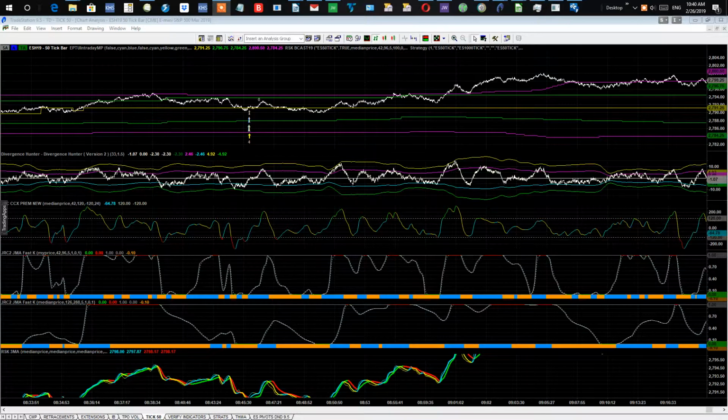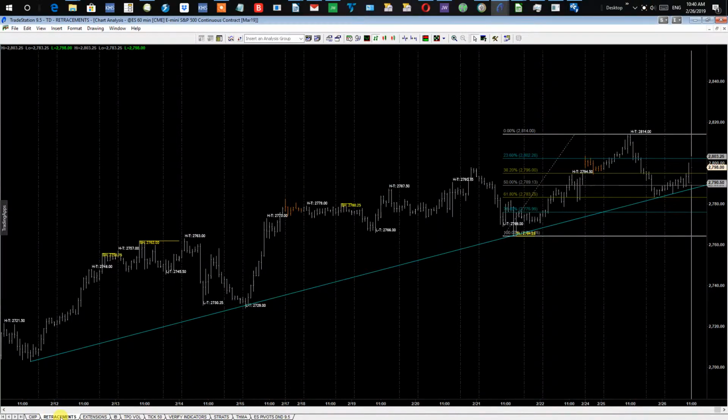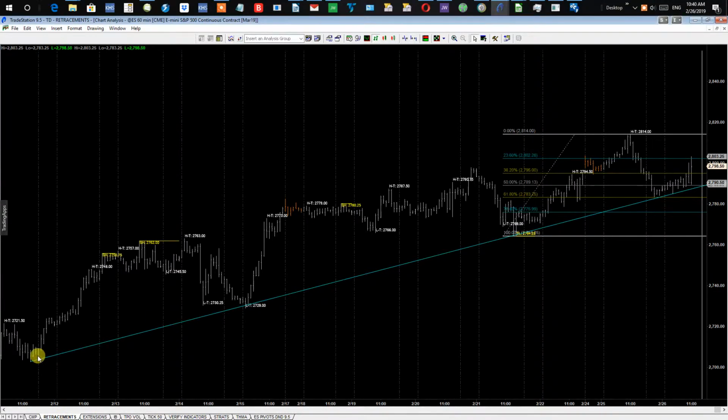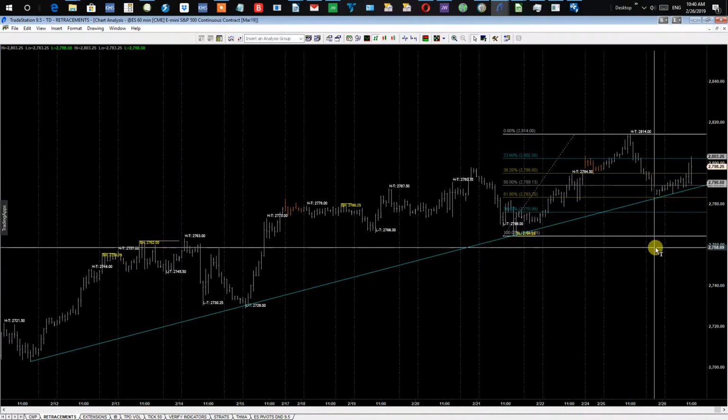And this morning there was a good initial long trade followed by a good short followed by another long. Let's talk about it. Looking at the retracements, first of all, that was the big clue. A simple trend line kind of gave away what was about to happen here. And in the overnight market,